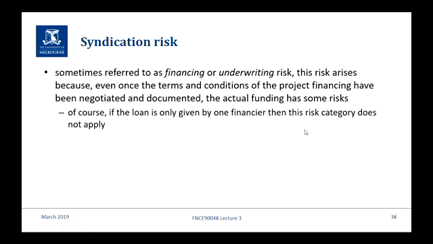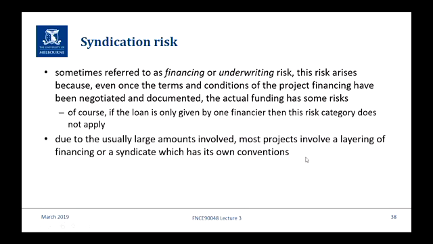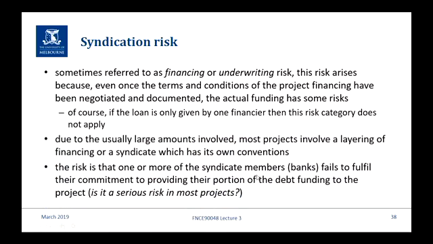The funding itself has risks because one or more of the syndicate members doesn't fulfil their commitment. Now again, I don't think it's a very big risk for 2 reasons. One, because the lead arranger, by signing the mandate letter, has effectively underwritten the full amount anyway. So for the project, it's not a big risk, because one way or another you're going to get it out of the syndicate. It might mean that the lenders have to each put in more, and they mightn't want to do it, but they have to do it because there's the obligation. Again, I don't think it's a big risk because it's just covered in the syndication agreement.